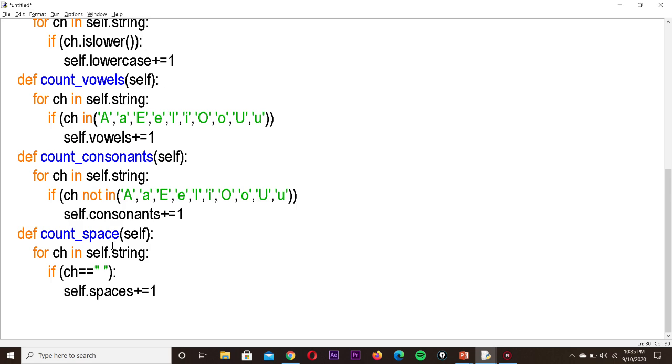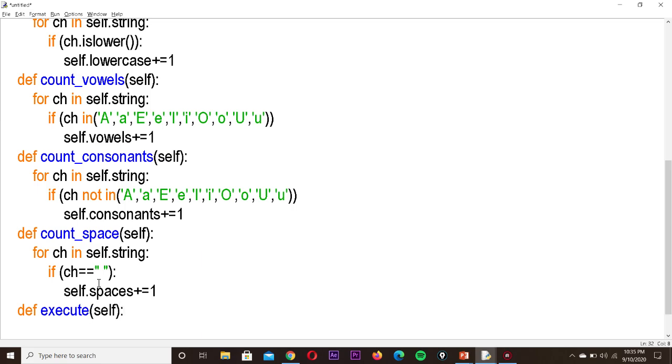Next thing is we want to write one function. We have defined all the functions, but they will be executed only if we call them. So we are going to define one more function, def execute. For invoking all these functions, we are going to write a function with the call statements inside it. Okay, so execute self.